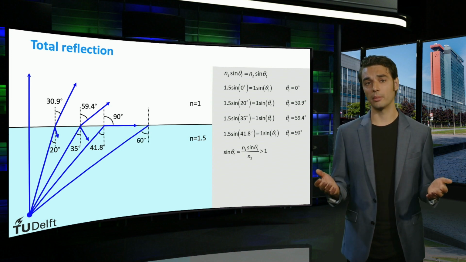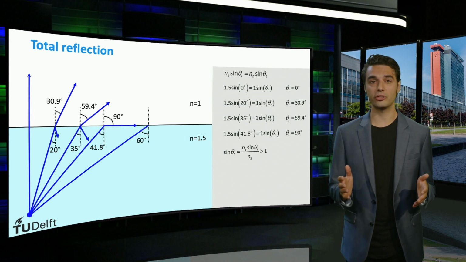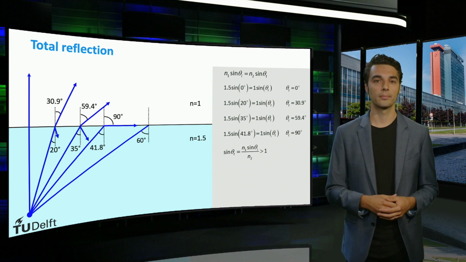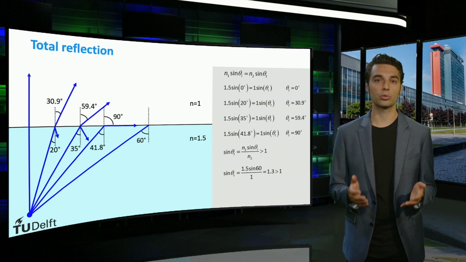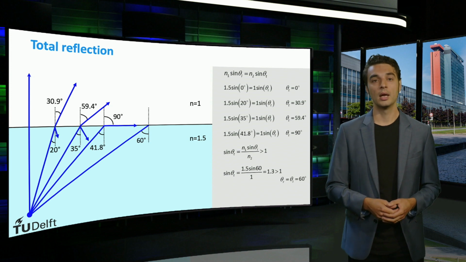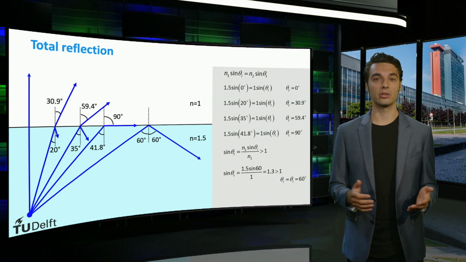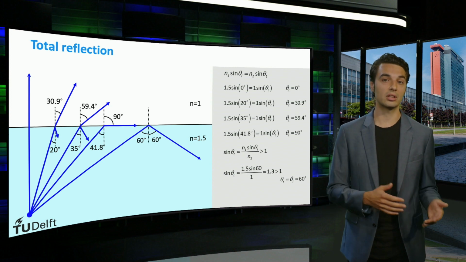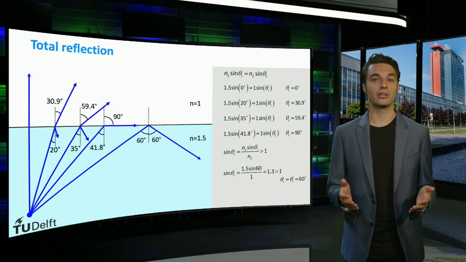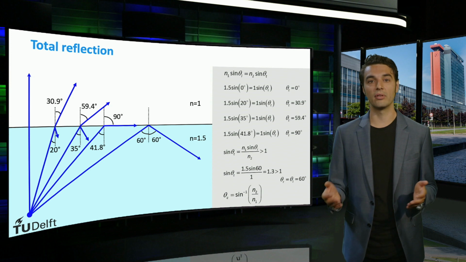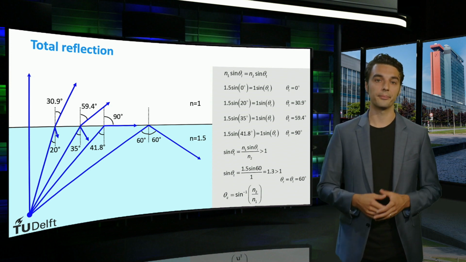Let's consider, for example, a beam incident on an angle of 60 degrees, which is well past the critical angle of 41.8 degrees. The sine of the transmission angle equals 1.3. Since 1.3 is greater than 1, the light beam will be totally reflected. The angle of reflection equals the angle of incidence. We just saw that the critical angle occurs when the angle of transmission equals 90 degrees. Since the sine of 90 degrees equals 1, the critical angle can be calculated by the inverse sine of the ratio of the outgoing media to the current media.